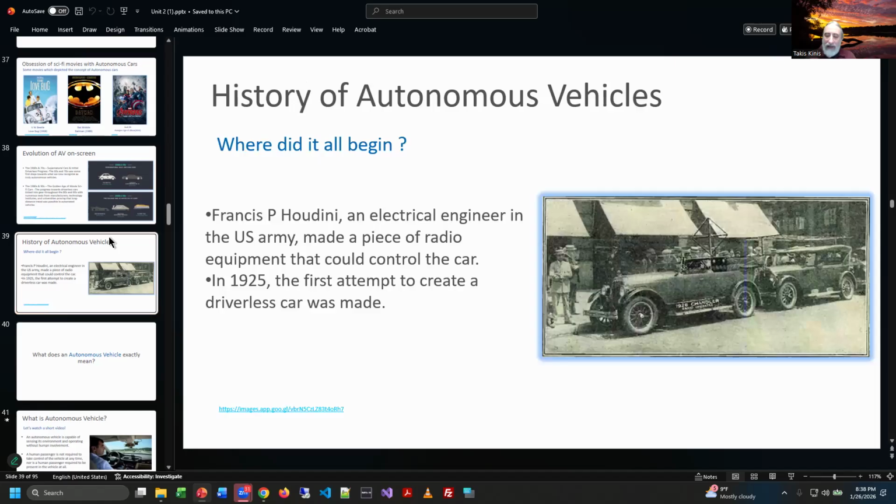Interestingly, and you think about this, if you get on an airplane, the pilots do the takeoff, and then they plot a course. And often when they're up in the air, there's an autopilot on the plane that steers the plane and keeps it at a certain height and speed and all that stuff. But people thought about doing that with vehicles all the way back into the 20s. In fact, this guy Houdini, not the magician, different Houdini, made that attempt to put a radio control into a car.